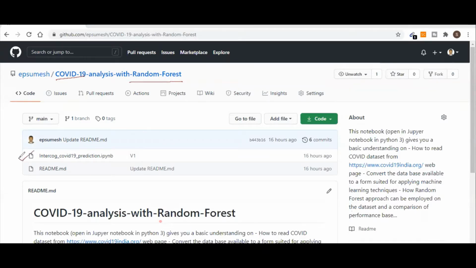So here I am sharing the Python notebook code where the programs are written, along with a README file which gives you some help regarding the program. You require Anaconda installed on your computer, and I have done this program in Jupyter Notebook. Once you download this, please open the program in Jupyter Notebook.